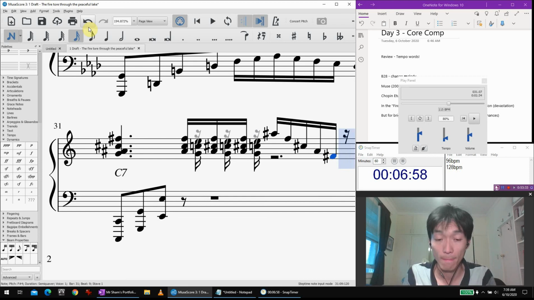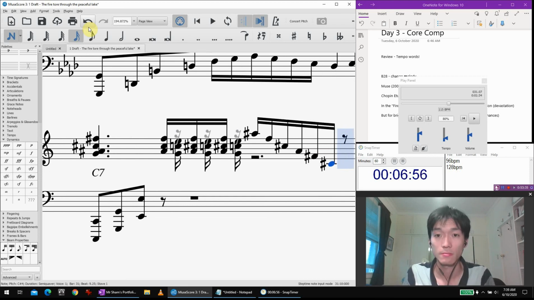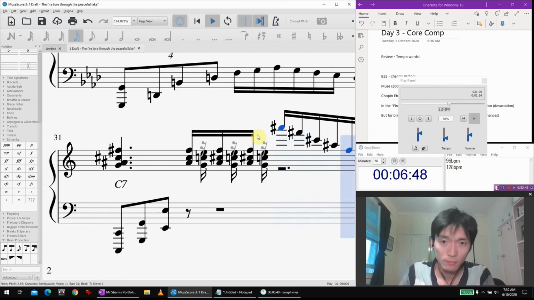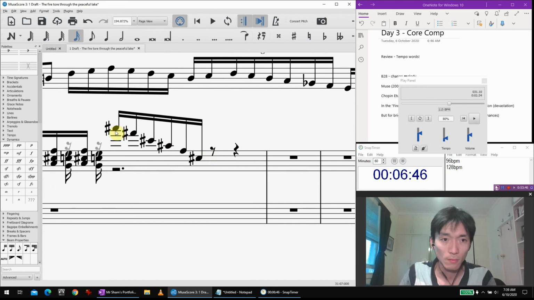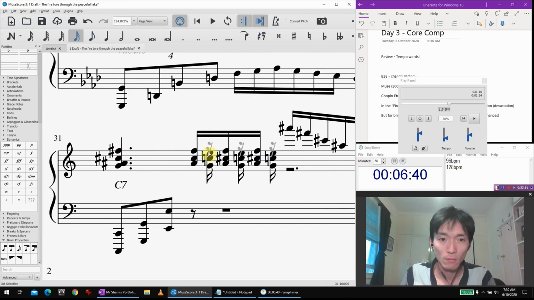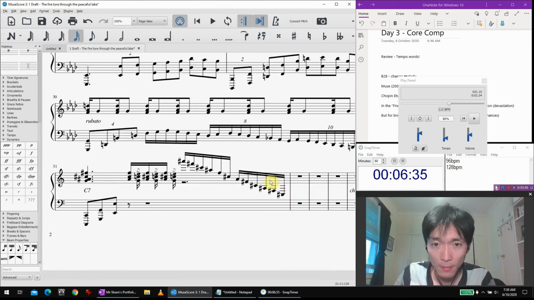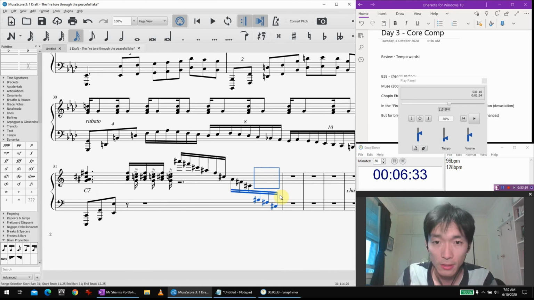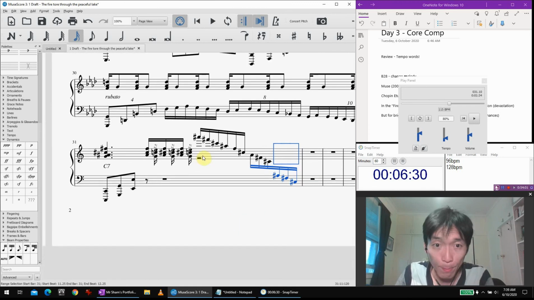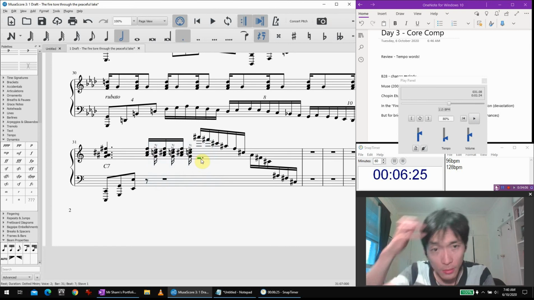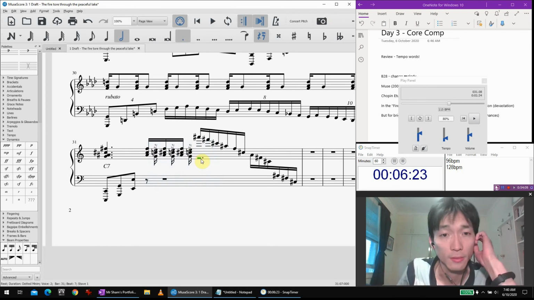F sharp, C sharp. Kind of idea. These guys can flick down a stave. How's that? Okay, so.